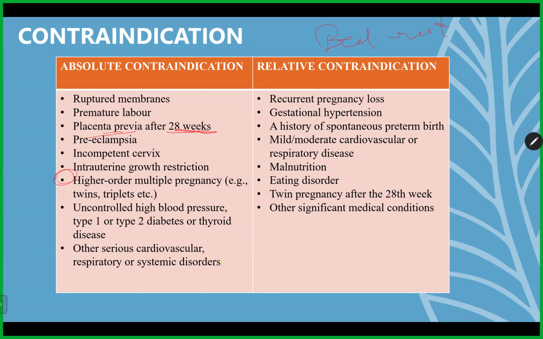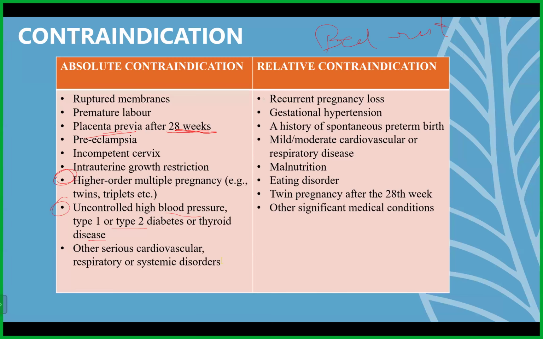It's better that you do not give any kind of exercise which puts strain on their pelvic floor muscles, because there are chances of the pelvic floor muscles being extremely weak. Fine. And if they have uncontrolled high blood pressure, diabetes and thyroid, uncontrolled meaning even after medicine they're having high values, only then you can contraindicate. Then any other type of serious issues, cardiac issues, respiratory issues, you can contraindicate them.